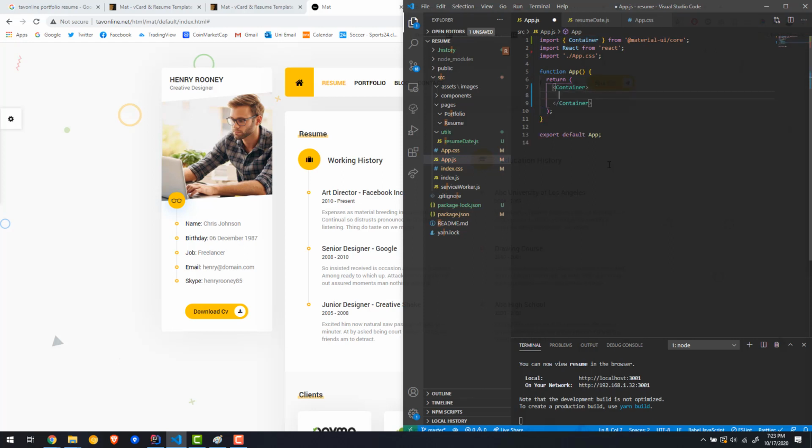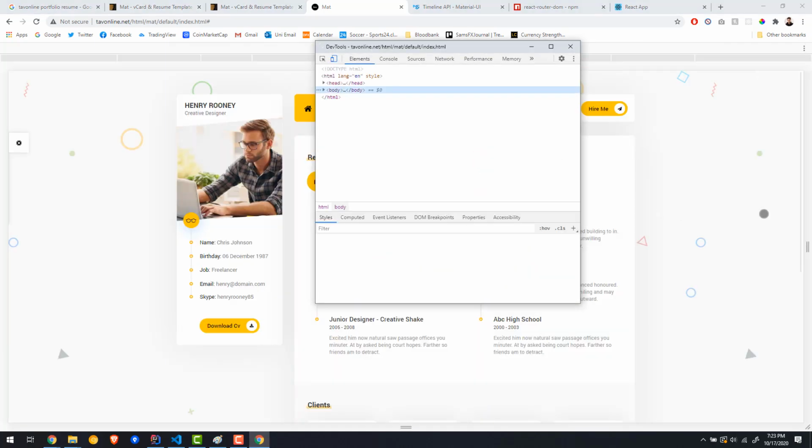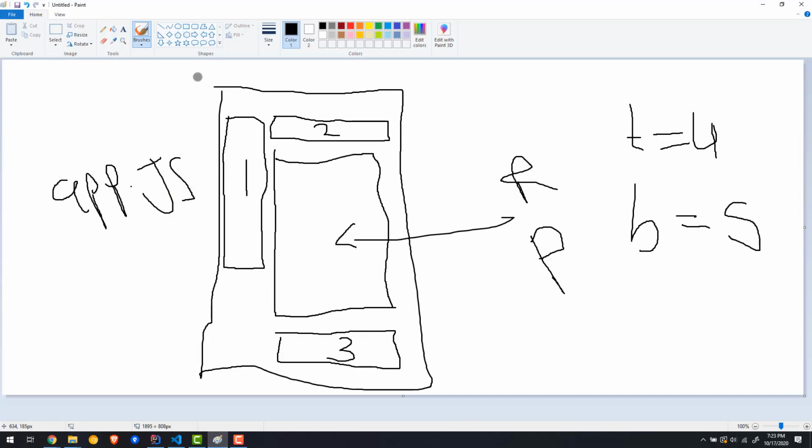And inside the container, just to recap, the container is what adds the margin to the left and right based on the screen size. The more you zoom, the smaller the screen becomes, the lesser the margin is going to be, right? So that's the margin, and then we're going to have a grid. I'm not sure if you guys know what a grid is, but if you don't,